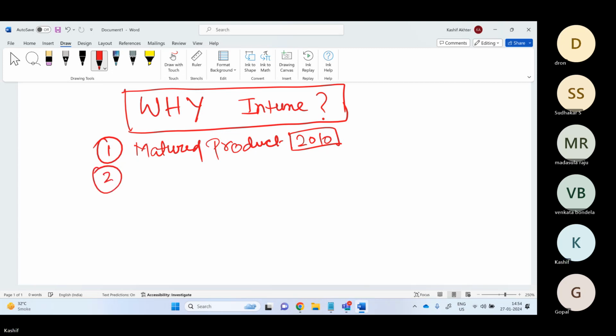Point number two, it is found in almost all big size and medium size organizations. So you will find this everywhere. Okay. You will be able to find this one everywhere, whether you go to big size